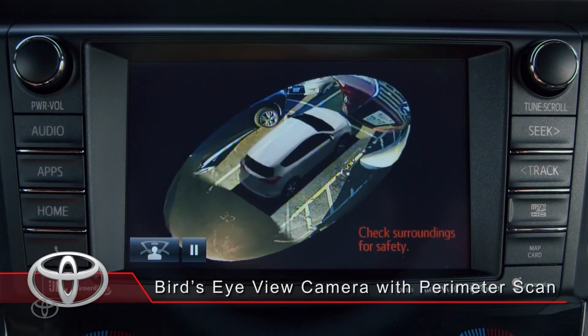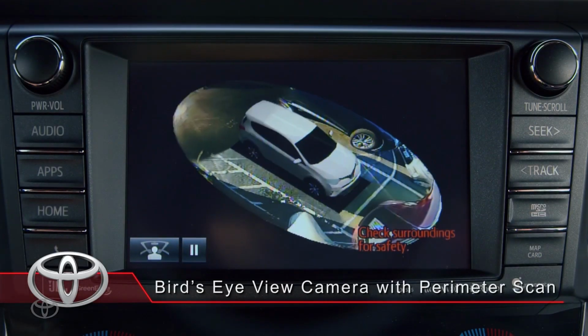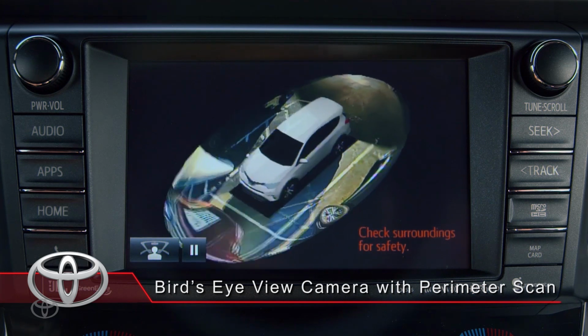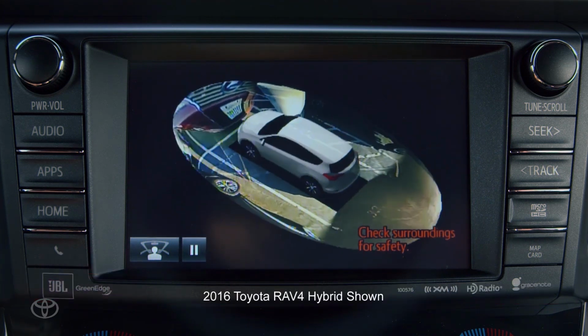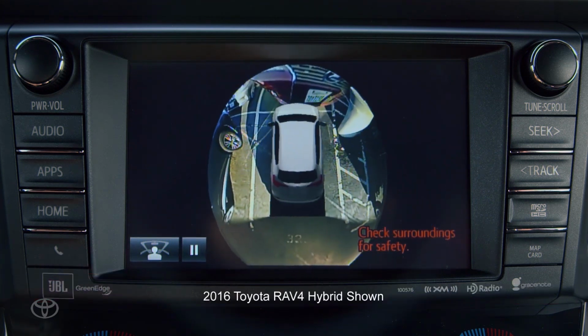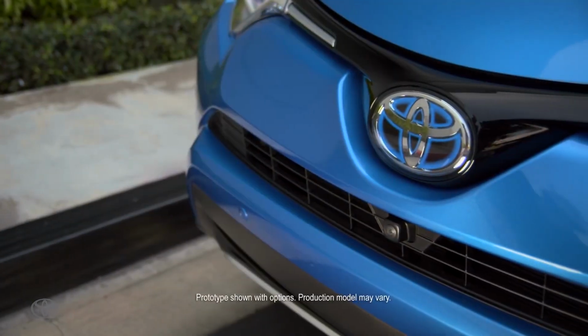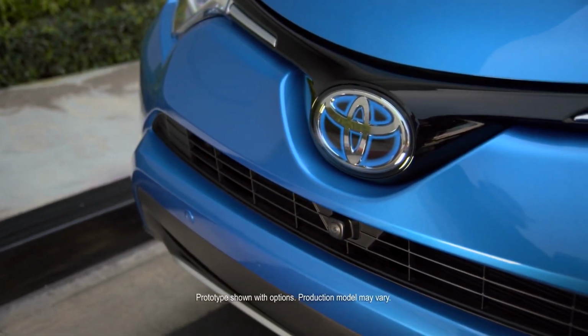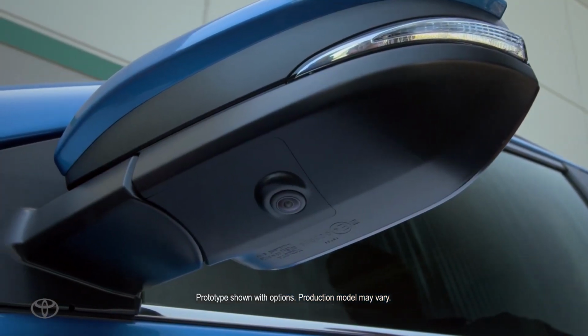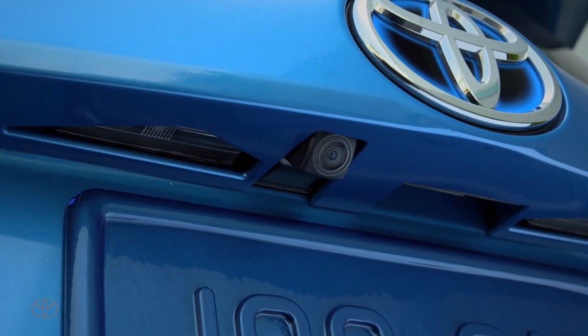The bird's eye view camera lets the driver view the vehicle's surroundings. It displays a true panoramic, seamless single image in high definition in overhead and moving views. Using 4 cameras, one on the front, one on each side mirror, and one in the rear of the vehicle,